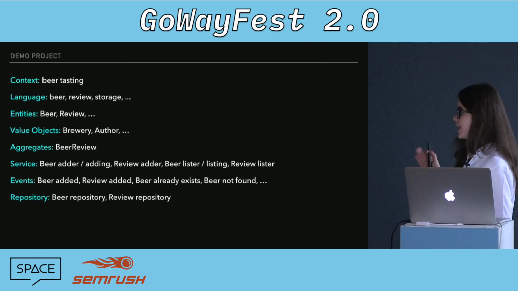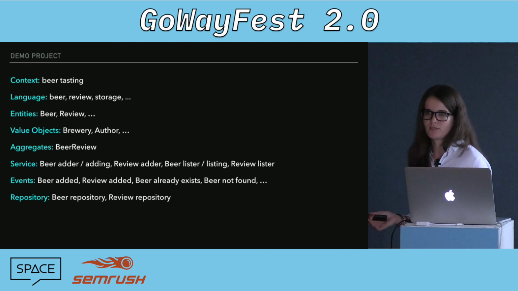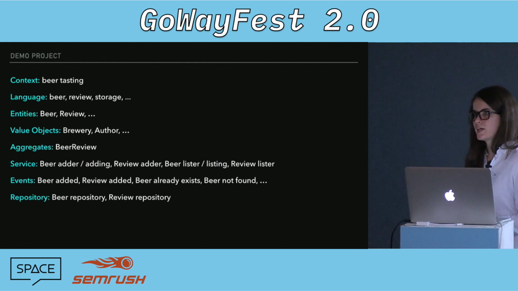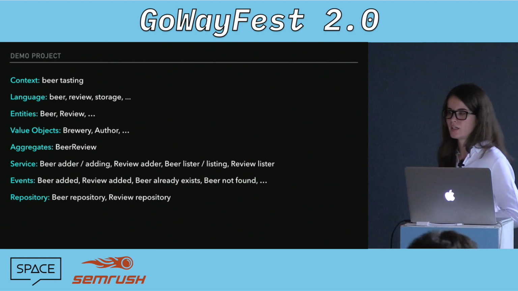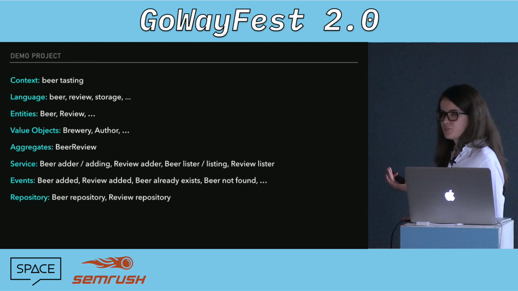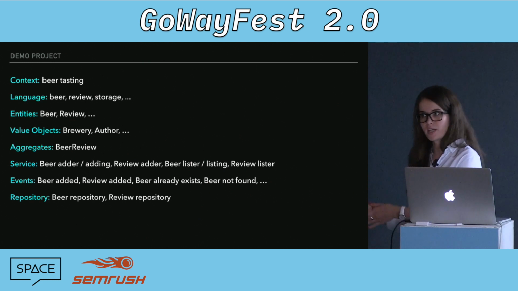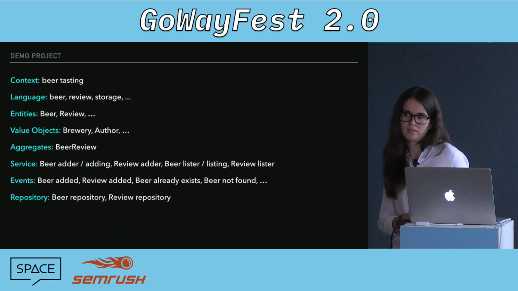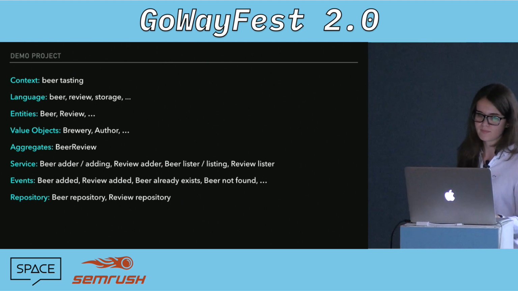So in our demo app, we only have one context here, and that's a beer tasting context, right? We have somebody, a beer connoisseur, drinking a beer and wanting to write a review for it. So that person probably will care about things like the alcohol percentage, the ABV, or the flavor notes of a beer. They probably won't care so much about a barcode on a beer. But if we had a different context, if we had a beer manufacturer in our application as well, they probably very much would care about the barcode, probably not so much about the flavor notes. So let's just assume for simplicity we only have one context here.